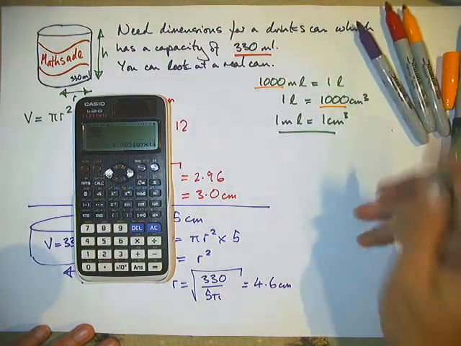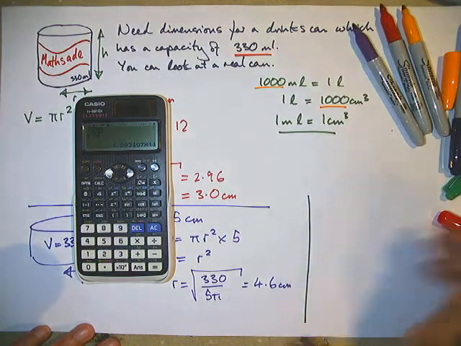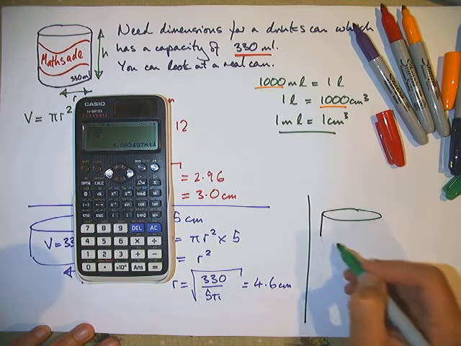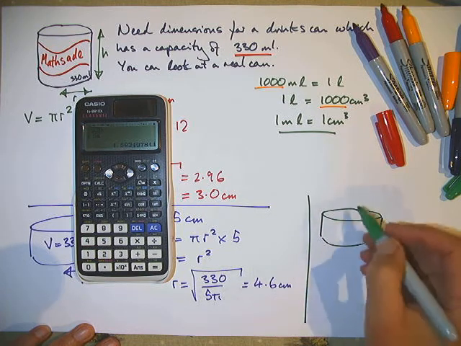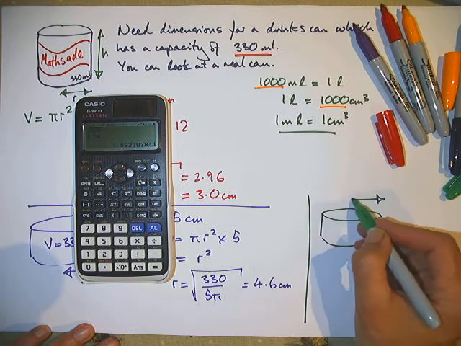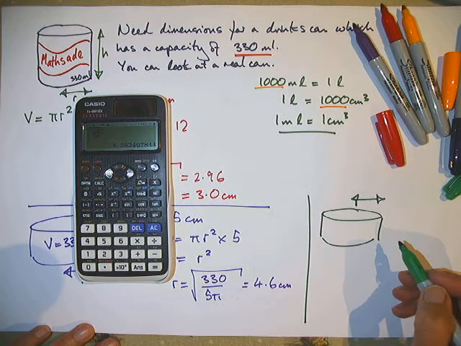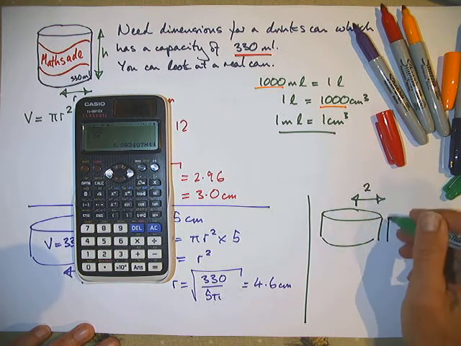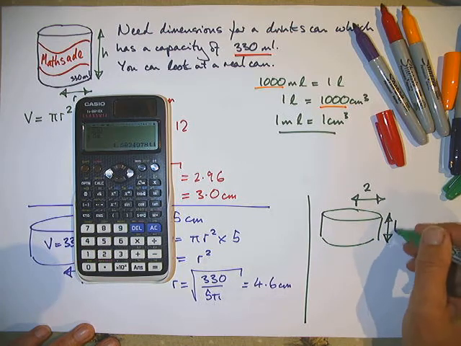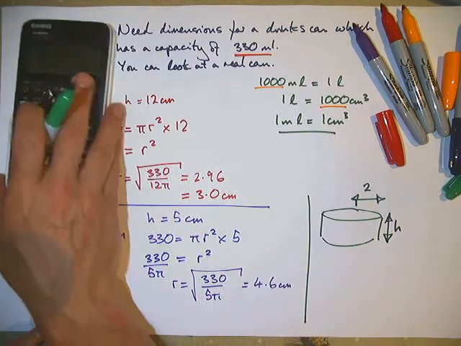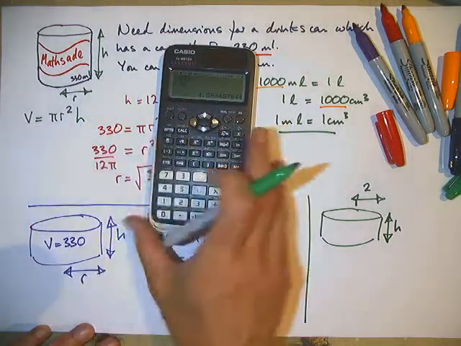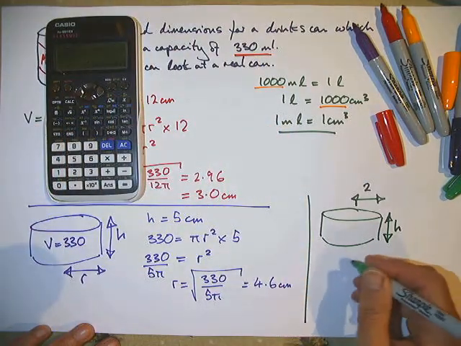What happens if I said, okay then, I've got a cylinder, and for whatever reason, I think that, I don't know, 2 centimeters is a good radius for a drinks can. What would the height be? It all keeps coming back to the right formula, doesn't it? V equals pi r squared h. V equals pi r squared h. Good practice in the